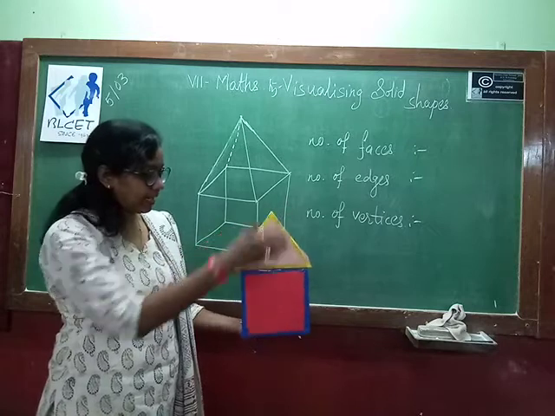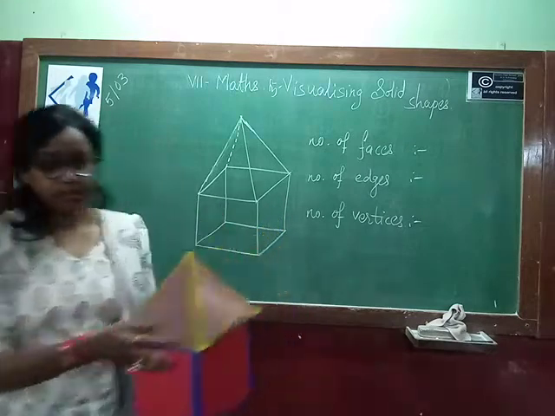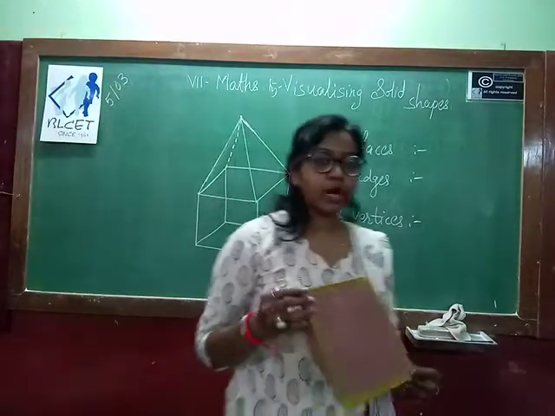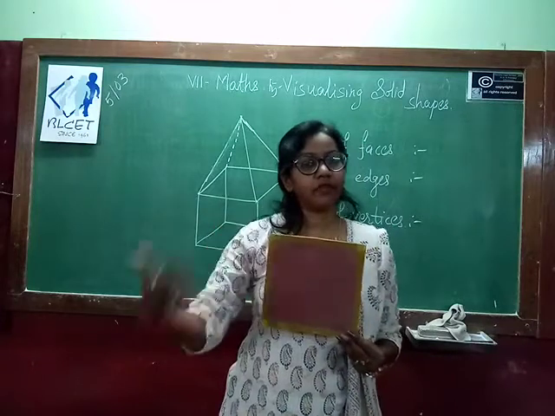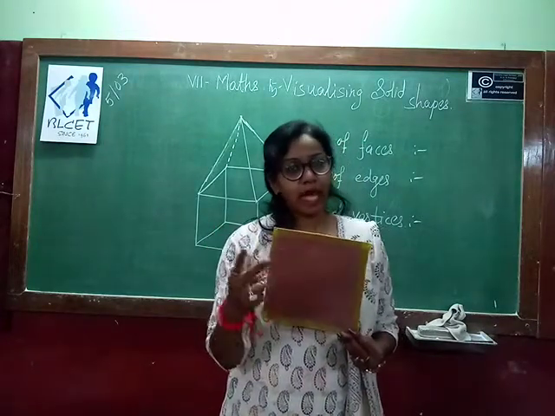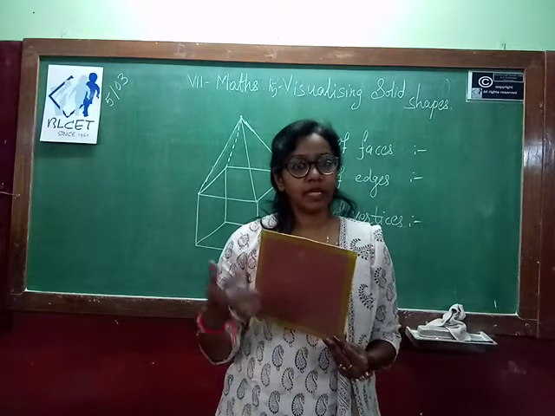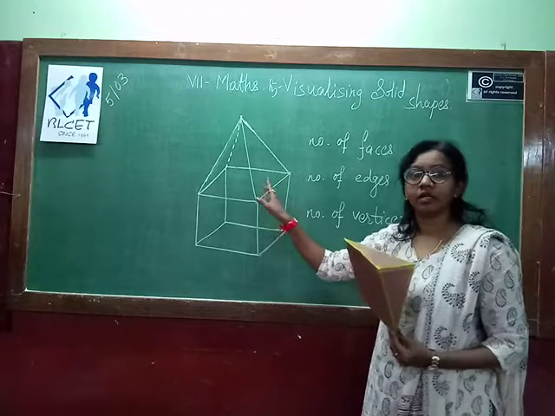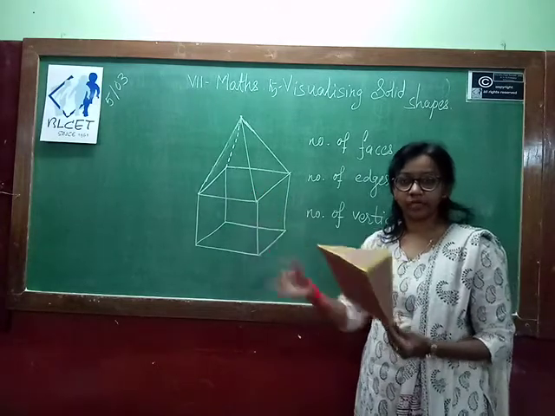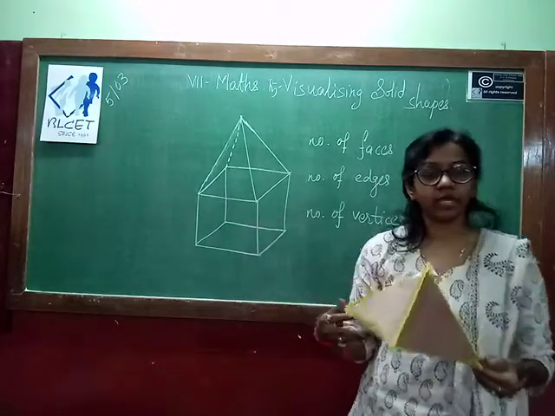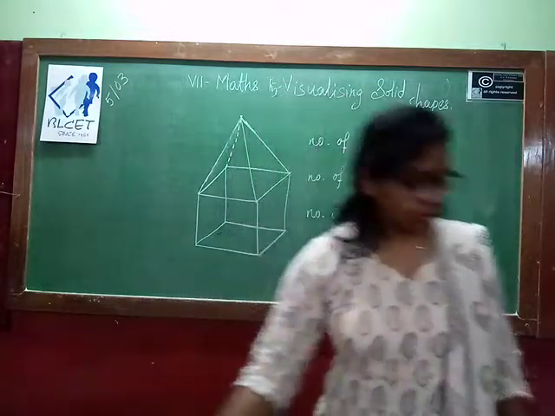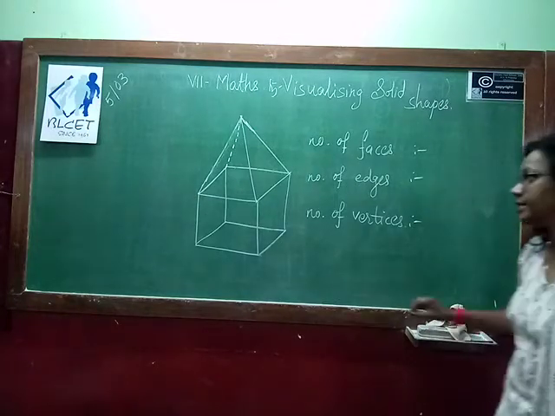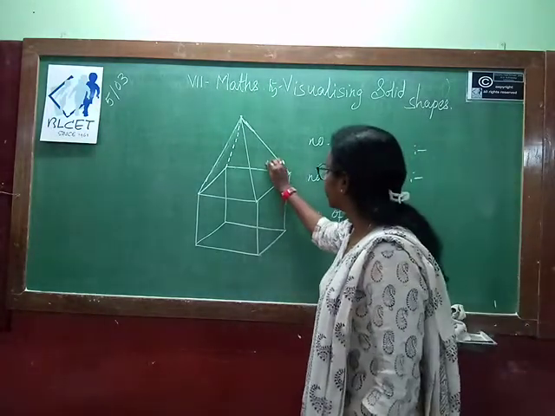So let's see the same diagram I have drawn over here. So here, the bottom of this quadrilateral pyramid is on one surface of the cube. So we have to avoid that particular surface, this surface, this one. This we cannot count because it will not be visible. Okay, so when you join this surface and the cube surface, then it is not visible. So now how many faces? So let's see the number of faces. So this is your first.